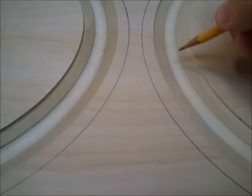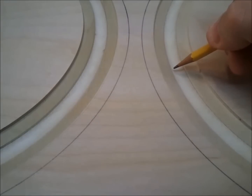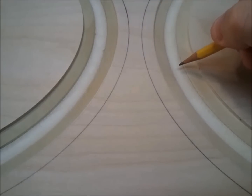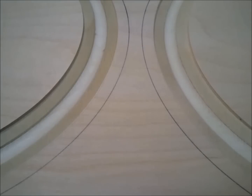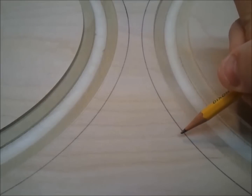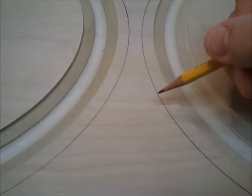Once again, I'd like to remind you that I did the outside portion on both circles, on this one and this one, and then switched my setting to the inside portion. It's all about consistency to make both parts identical. The last operation that we have to do with the router compass is to make the final cut. But so that I don't have to remove so much material, I'm going to rough cut these circles out first